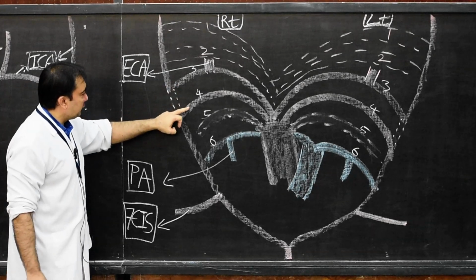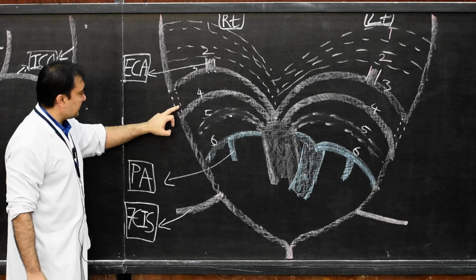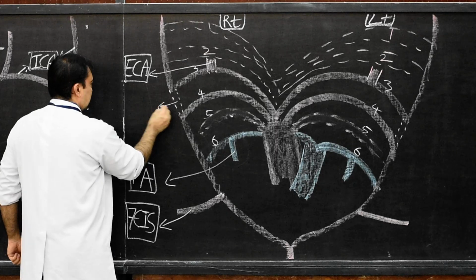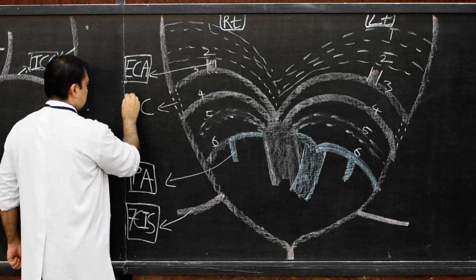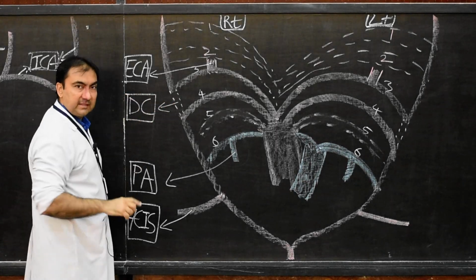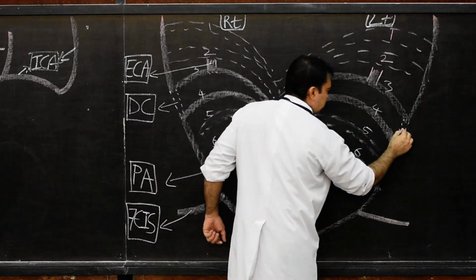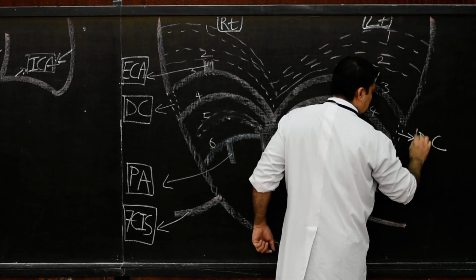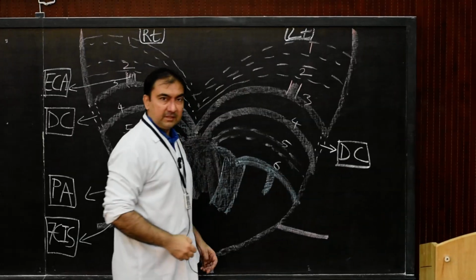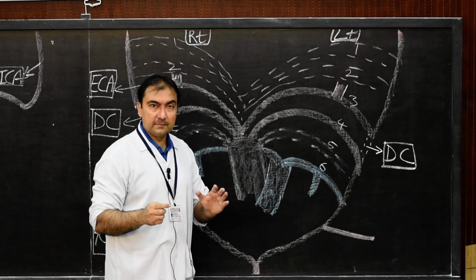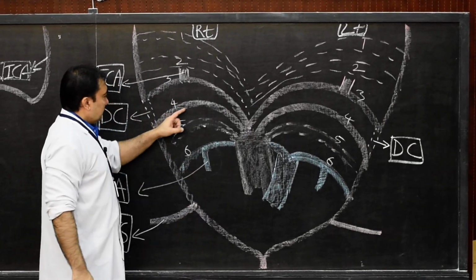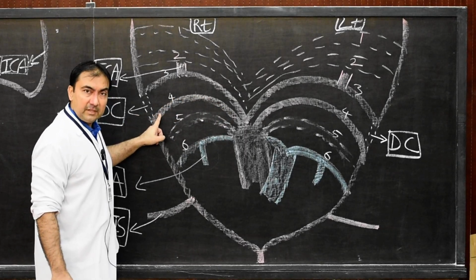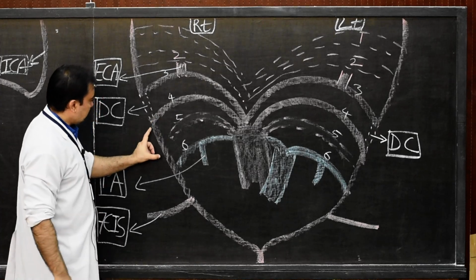In between the third and fourth aortic arches, the dorsal aorta which has disappeared both on the right and left side is called the ductus caroticus. This will be known as the ductus caroticus. Same thing here, the portion of dorsal aorta between third and fourth which has disappeared will be known as the ductus caroticus. It has disappeared.